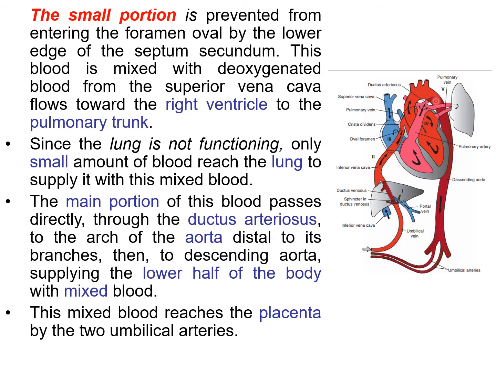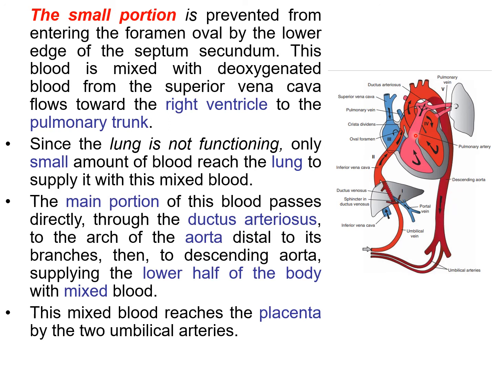From the right ventricle, when it pushes the blood to the pulmonary artery, the pulmonary artery is connected to the aorta through a tubular structure which is known as the ductus arteriosus. The ductus arteriosus is a tubular structure which is connecting the pulmonary trunk to the aorta. So most of the blood from the pulmonary trunk enters into the aorta, and from the aorta it passes to the body tissues of the fetus.